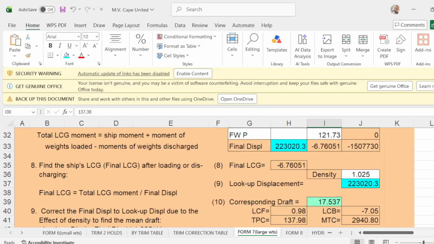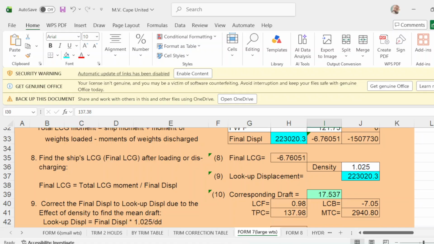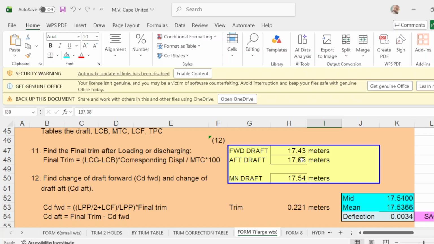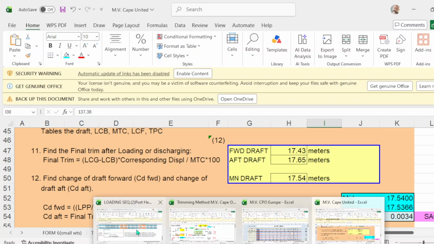And your mid drop is 1754 and your forward and up drop is forward is 1743, up is 1765.